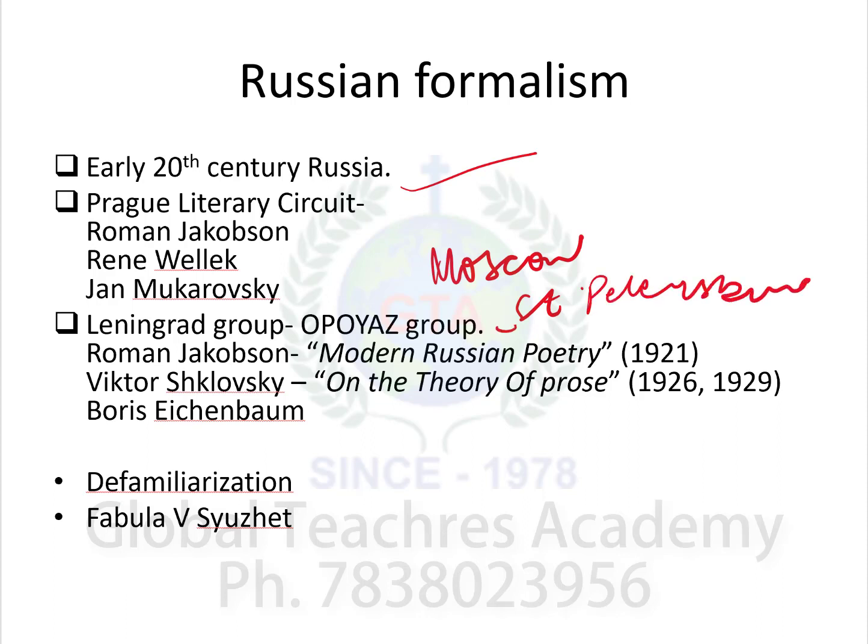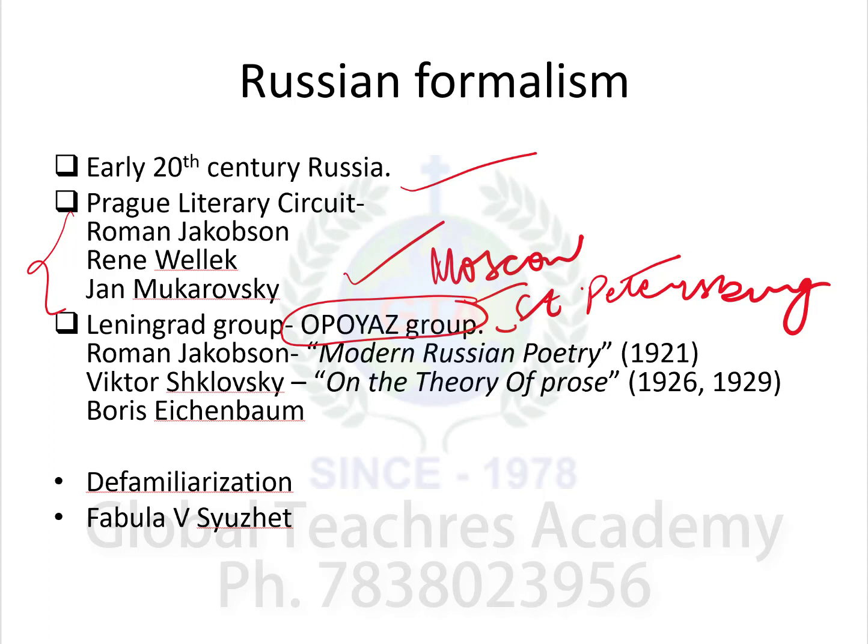Right? So Russian formalism in areas of Moscow and St. Petersburg, right? And there are two literary circuits which are believed to be the foundation of Russian formalism. There is the Prague literary circle, which is Roman Jakobson, Rene Wellek, and Jan Mukarovsky. And there is the Leningrad group or the Opoyaz group, which is important for an objective type of question paper,